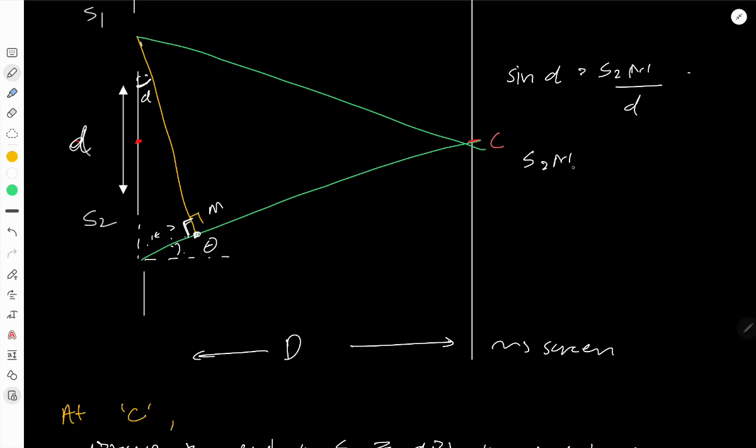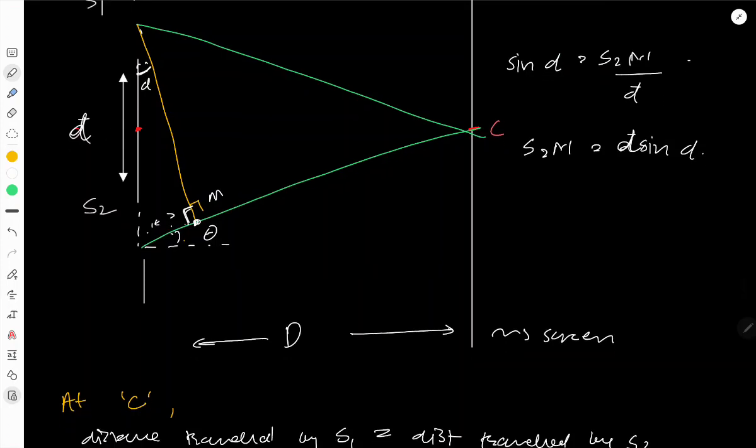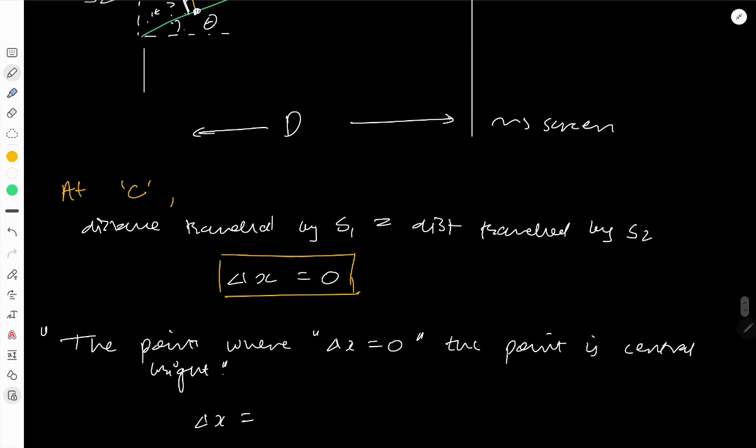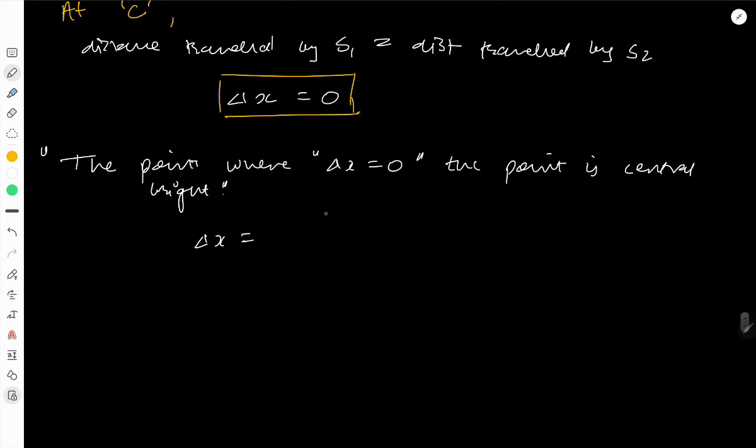So S2M, that is the path difference, the extra length covered by S2 to reach C, is d sine alpha. Let me write it by this denotation so that we don't get confused. So delta x equals d sine alpha,